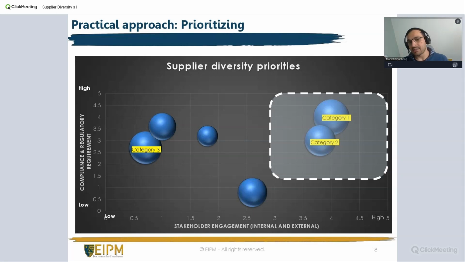And typically, as procurement, we are doing this quite regularly. It's just that we need to identify the right axis. Maybe this is a suggestion that I have, but maybe there are some other elements that you can build up. But the idea is, try and identify which are the priority action plans that I want to take. In this particular example, I have put stakeholder engagement versus compliance and regulatory requirement. Maybe there are some other axes that you could include, but the idea is to prioritize. How do I start, and where are the categories that I would want to work with?